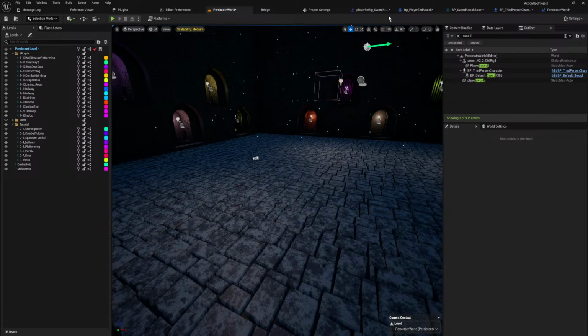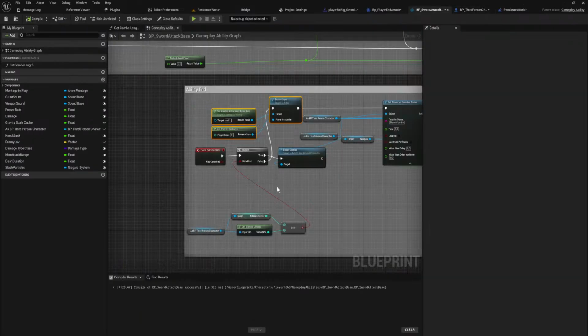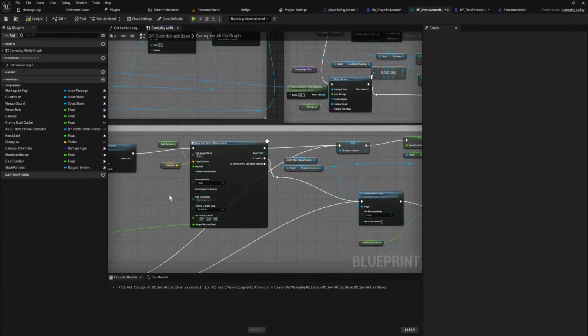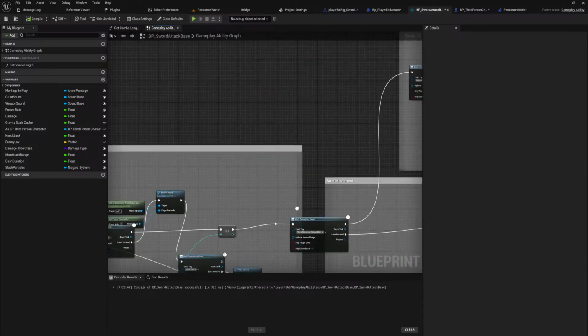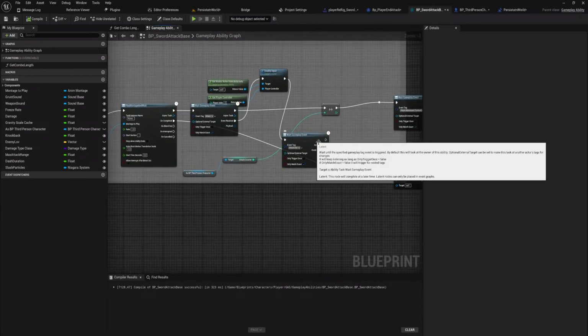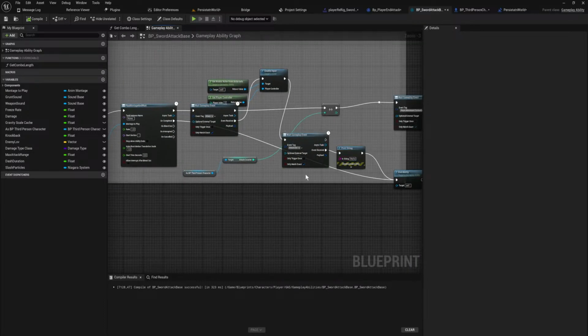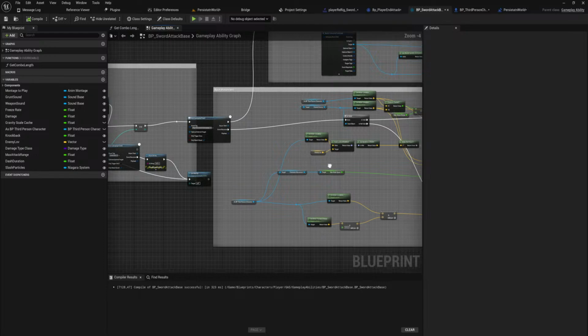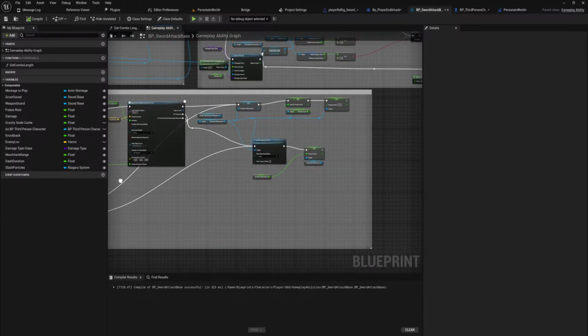Oh my god. What the fuck is the issue? Is there anything here?